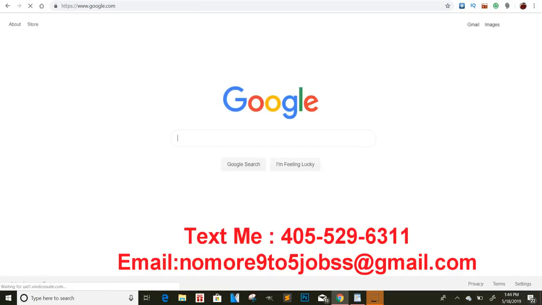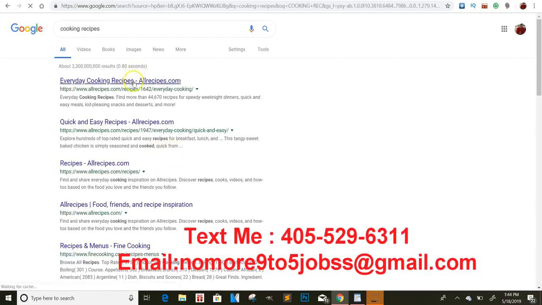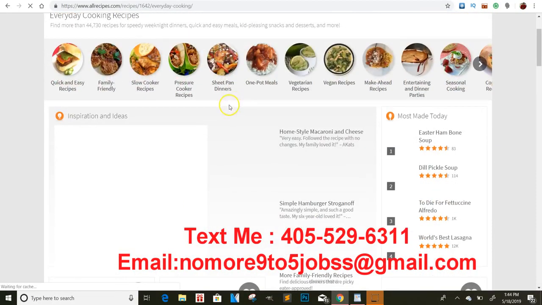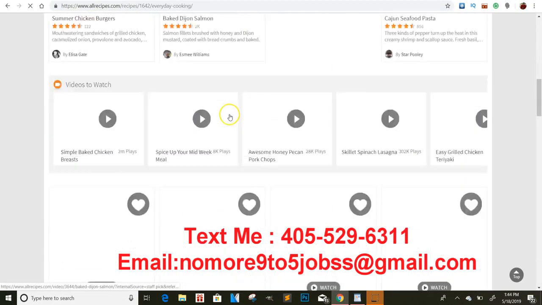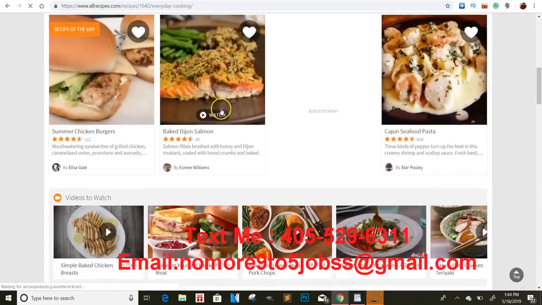Whenever you find a website that you like, that you want to content lock, so let's say cooking recipes, something like that. Let's say you click on a nice website that looks really good. This website, it's okay, but it has a ton of cooking recipes on it. Yeah, it actually looks good now.